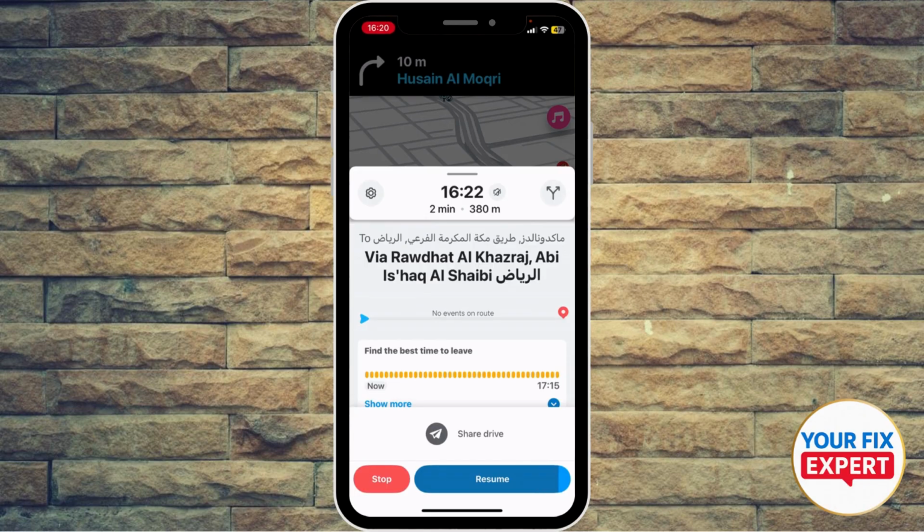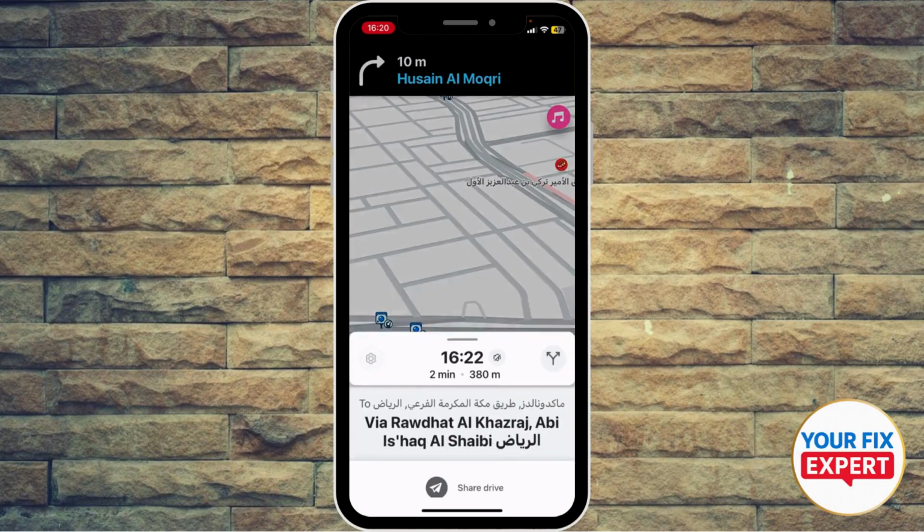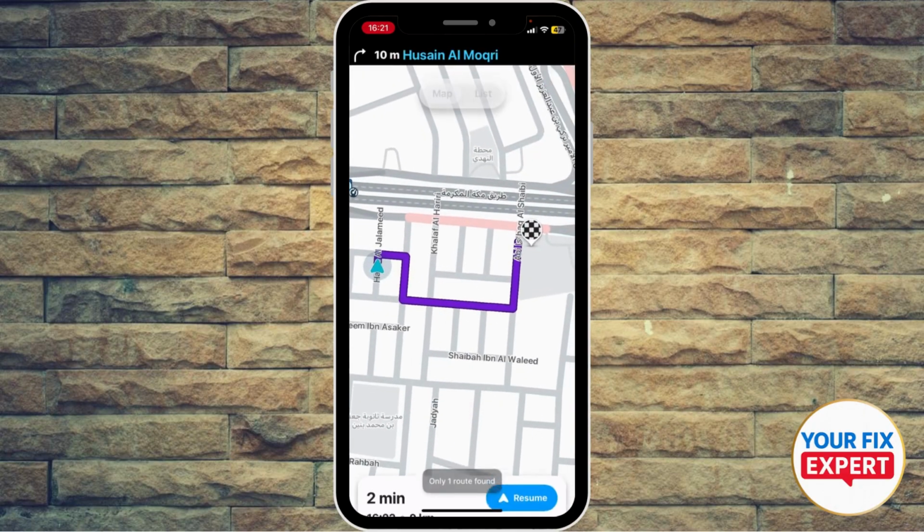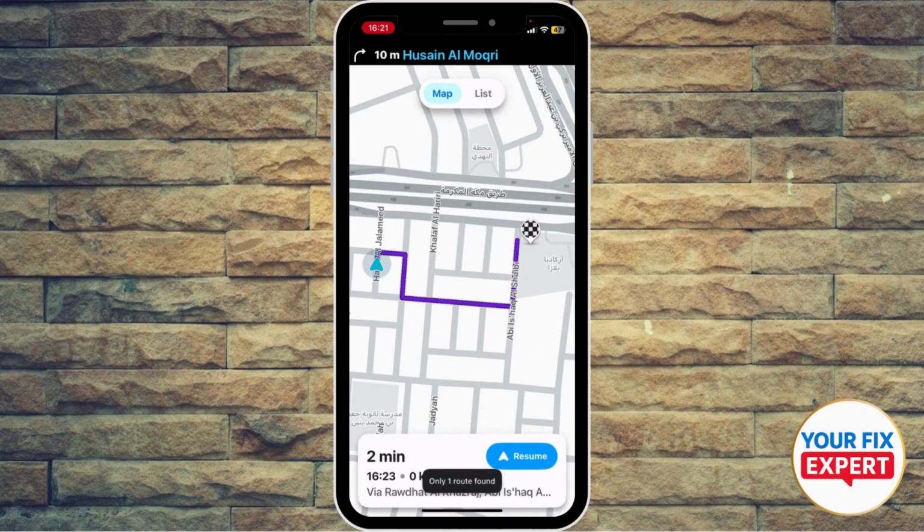Okay, and what you're gonna do, you're gonna just go ahead and hit the View Route button if available, right next to the time, next to the time left. And as you can see, it says only one route found. If there are multiple routes that you can choose from, choose the route that is more